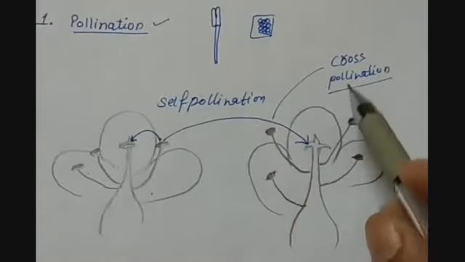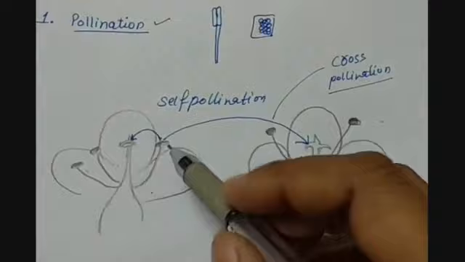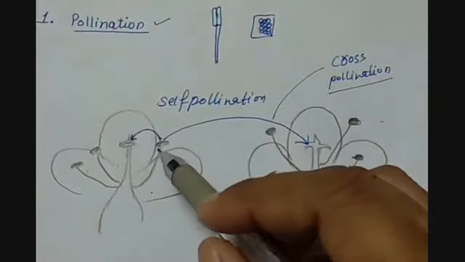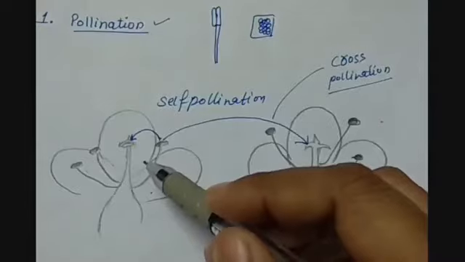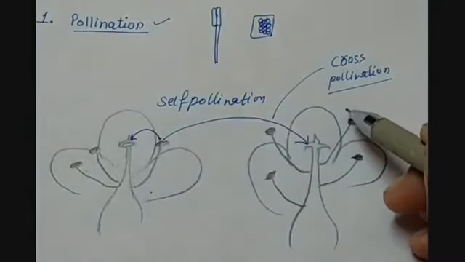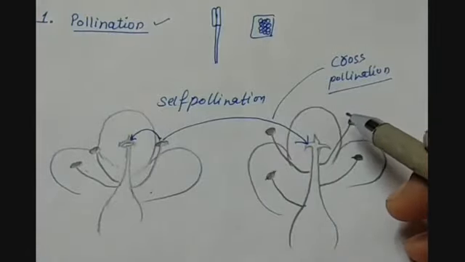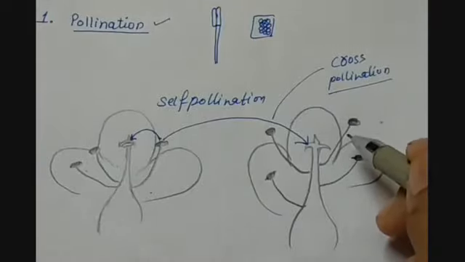Another point here is that as the pollen grains are transferred inside the same flower, the chances of variation will be very less. But in cross-pollination, external agents are required, or wind can also do it, or insects or birds are doing so. And here the chances of variations will also be more.